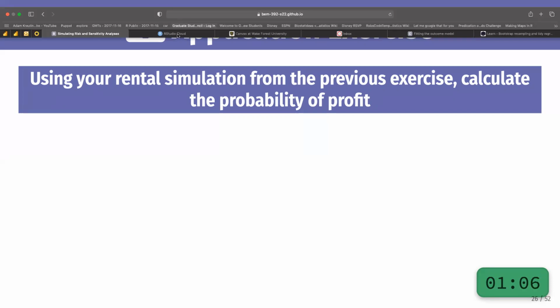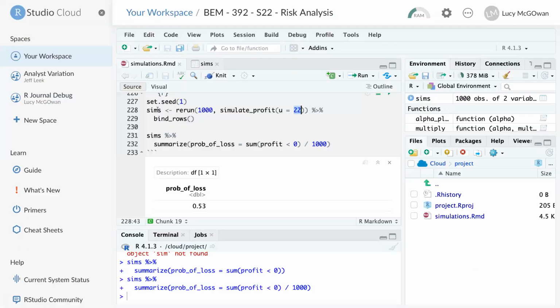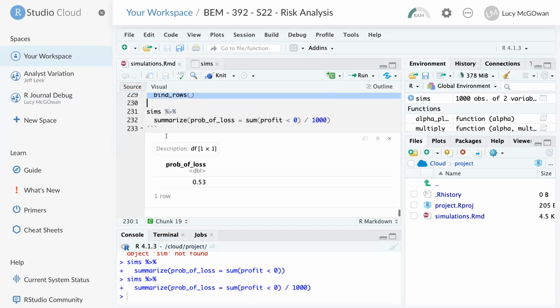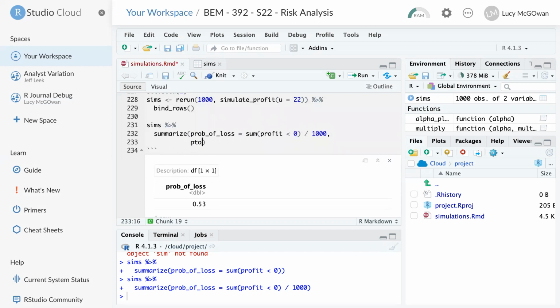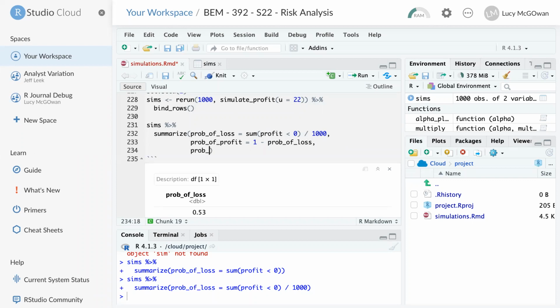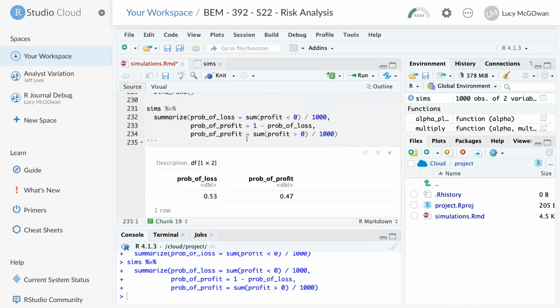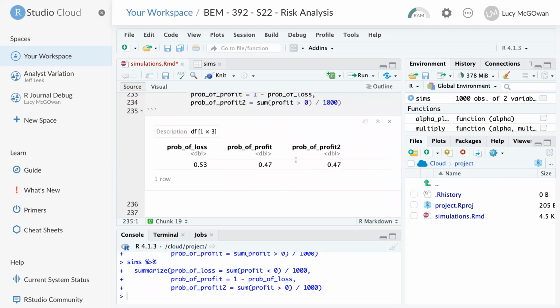All right, let's do this together. So I can use this same output, I don't have to rerun it. And now if I want to add in the probability of profit, I can just do 1 minus the probability of loss, or I can use the equation summing up all the times when the profit was greater than 0 and divide by the total number of simulations. So I can call this profit 2,